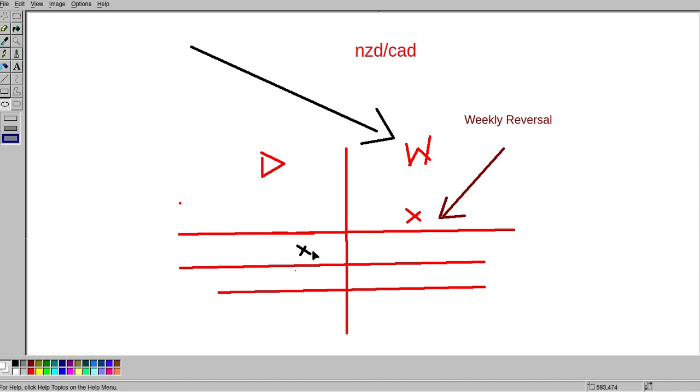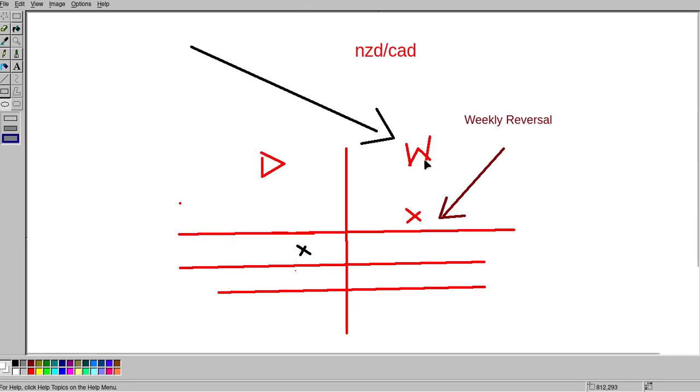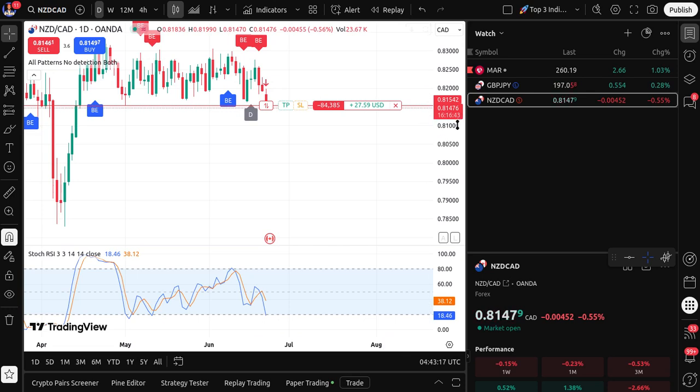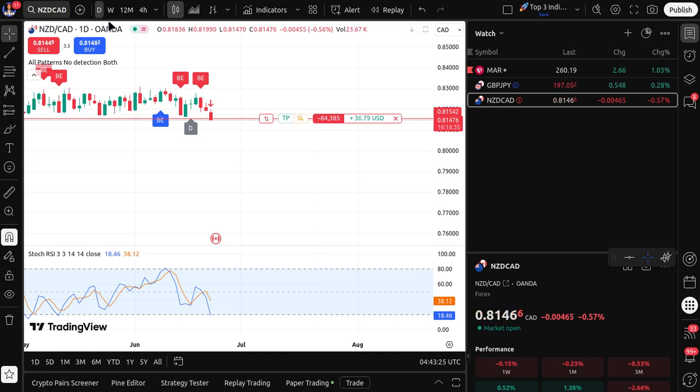So these are the school of thoughts, and it's difficult to explain it because both schools of thought have happened in the opposite direction. It would have been ideal to see the weekly reversal on a bullish pattern, right? If this was here, the breakout would have been somewhere here. And if this X appeared here on the breakout, most likely the daily would have shown a similar reversal. So basically there are two schools of thoughts. The first school of thought is the reversal, and the second is the breakout pattern,